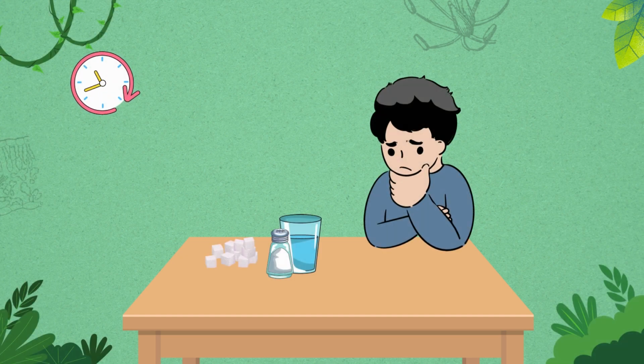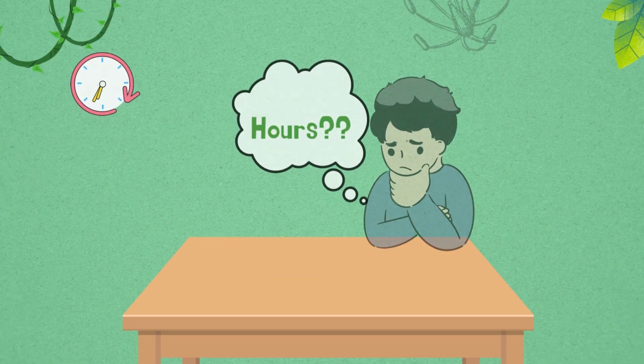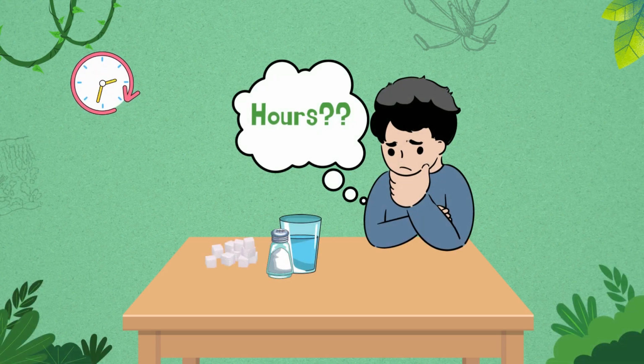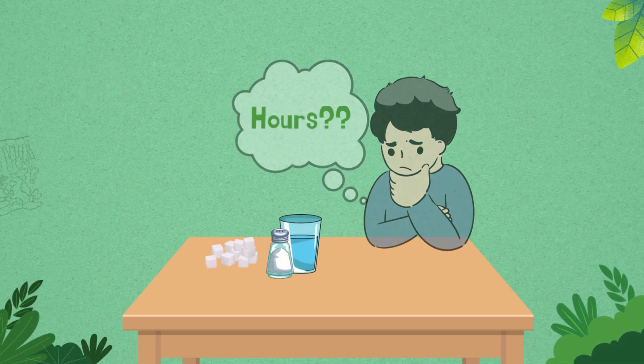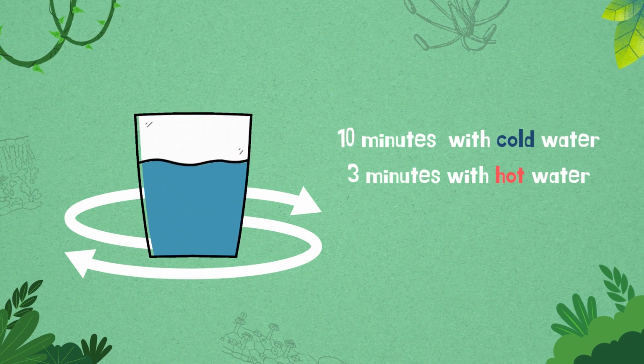This is because reactions, although they will happen at a certain point in time, may take a really long time to occur. An example of this is if you add a cube of sugar into a cup of water at room temperature and simply stare at it waiting for something to happen. You could be waiting for hours until something happens. But if you start stirring, you could expect the reaction to take up only around 10 minutes. If it is hot water instead of cold water, then the time for the sugar to dissolve may only be